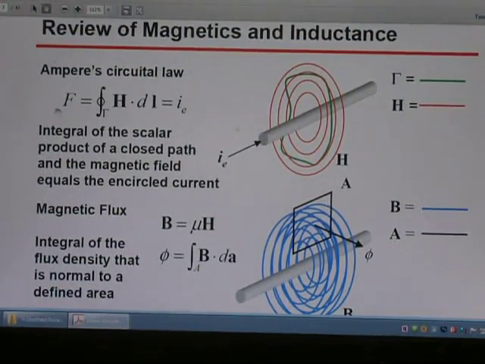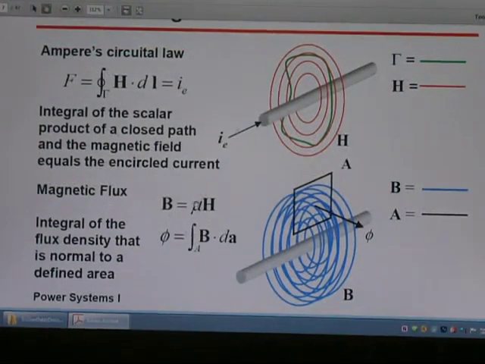the Ampere law we can calculate F equals the integration of H dl. The magnetic flux B equals mu times H, where mu is the permeability, H is the magnetizing force, and B is the flux density, so it can be